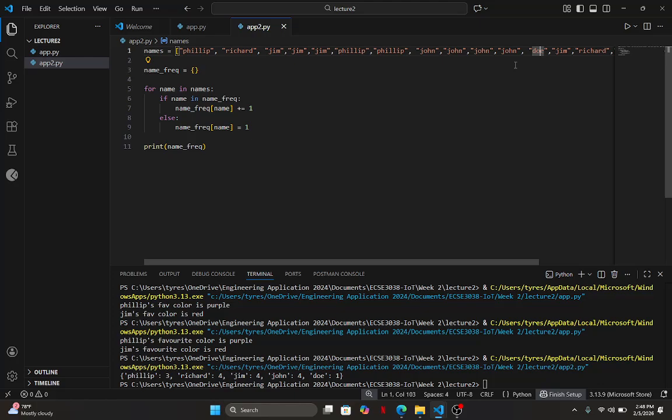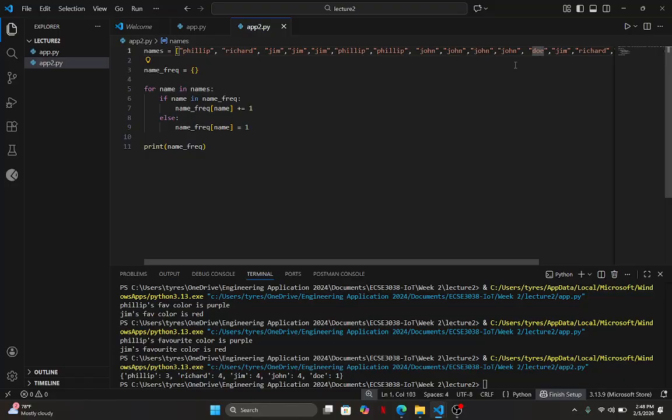Yeah, so what it did is, this is the dictionary that's empty. What I'm doing here is I'm saying, on first iteration where name is Philip, set name Philip to 1. So that creates a dictionary that has a key of Philip and a value of 1.